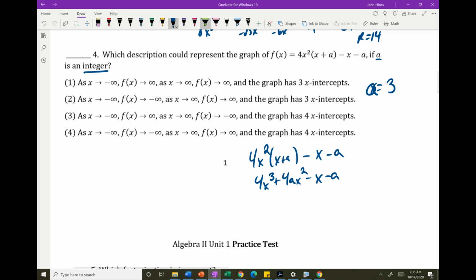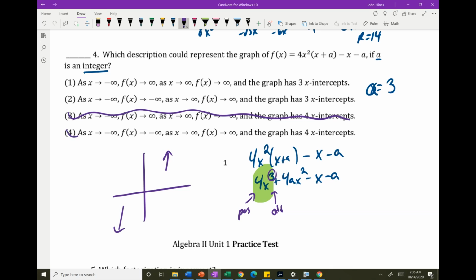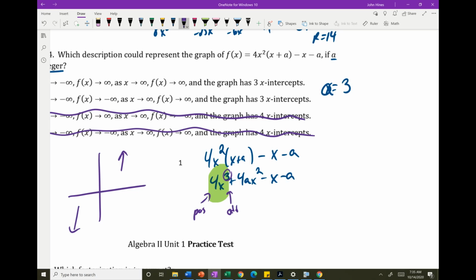and said, all right, it's an x to the third polynomial, and I know my end behavior dance moves. I have an odd degree and a positive leading coefficient, so my right hand goes up and my left hand goes down. Well, if I have a third degree polynomial, there's no way I touch the x-axis 4 times. I only have 3 zeros, which if you finish grouping this,